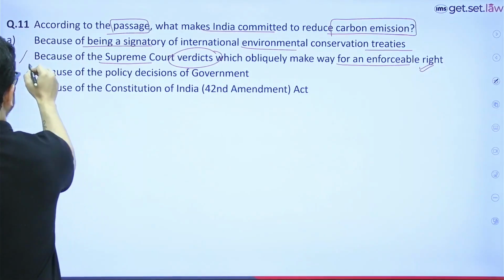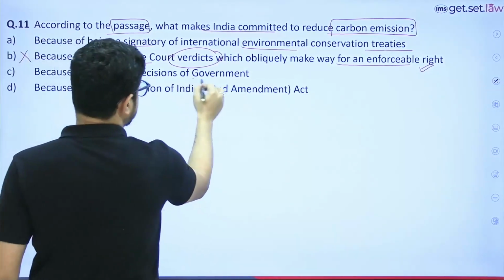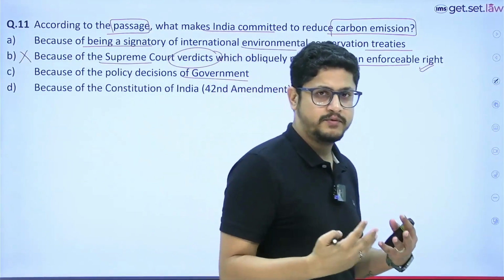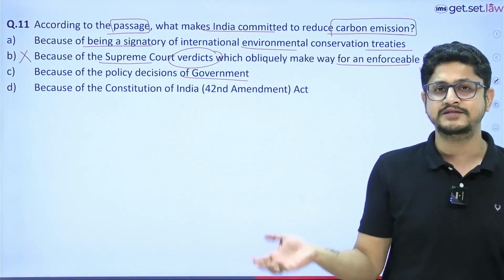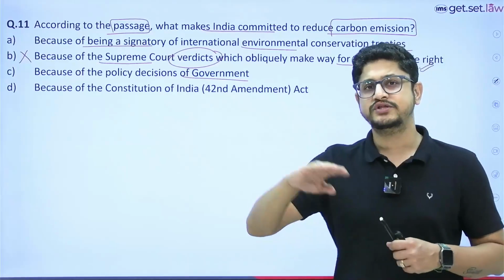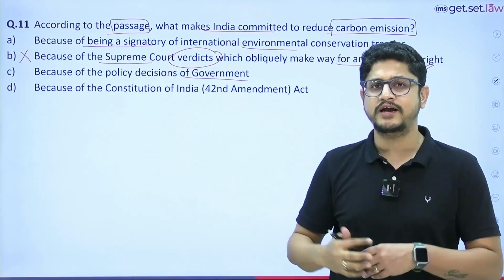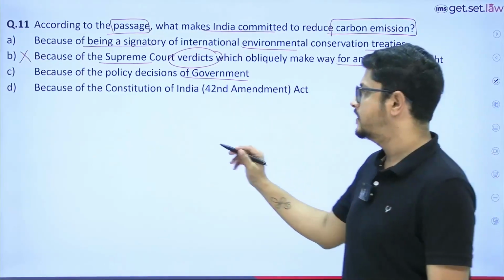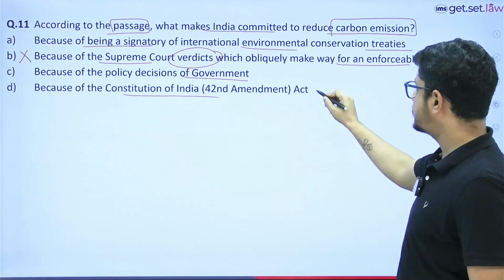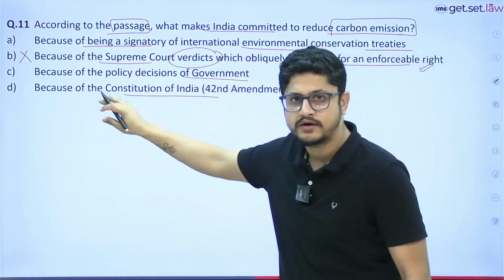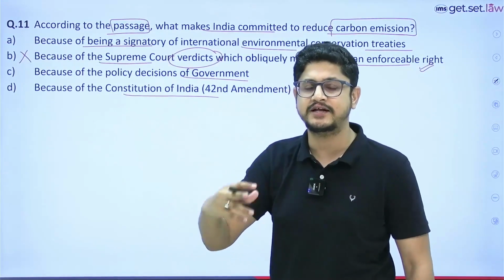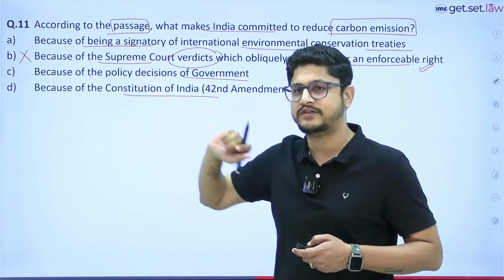Because of the policy decisions of the government, nothing will ever emerge from a country because it is mandatory rather than in a generic way, and India has committed itself, they have bound themselves. It's not because of the government, or the 47th amendment of the Constitution of India, that came later on. India already wanted to be a part of it, and that's why they became a signatory, and that's why they want changes by 2030, 2047.